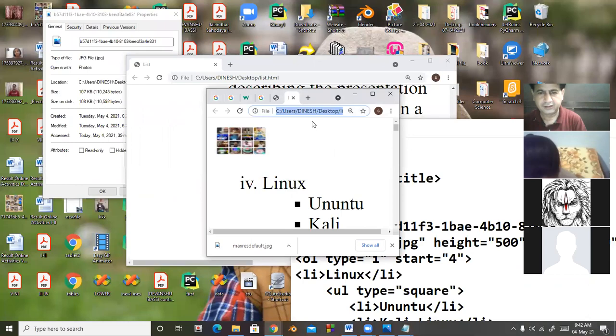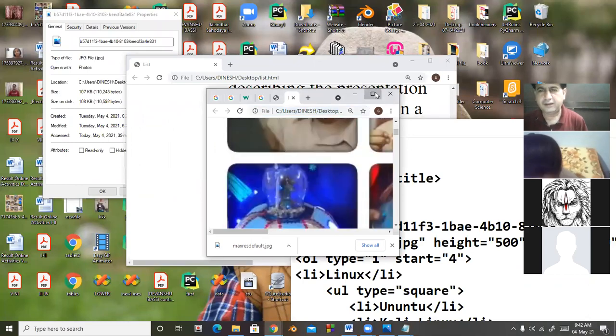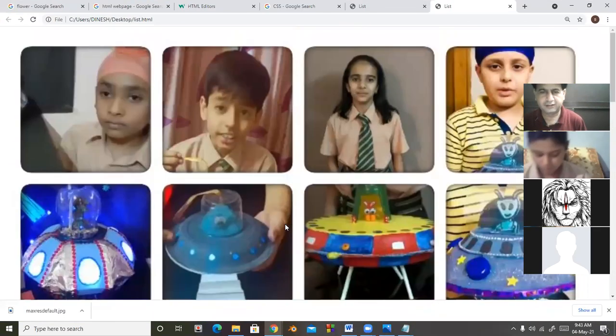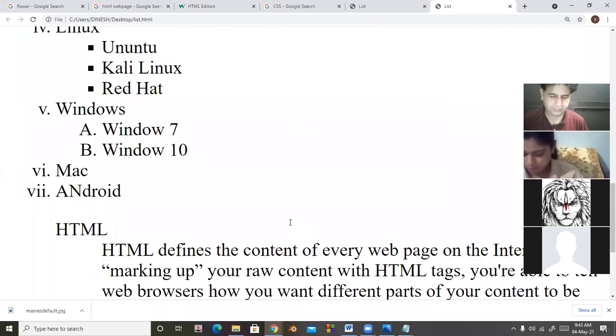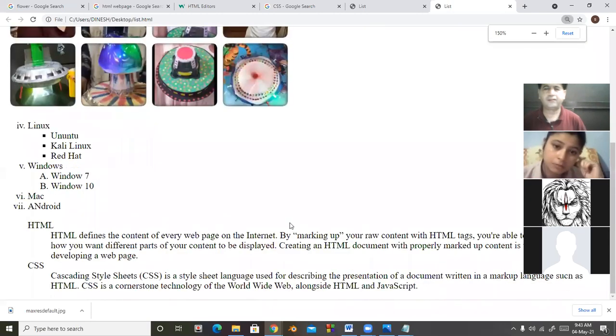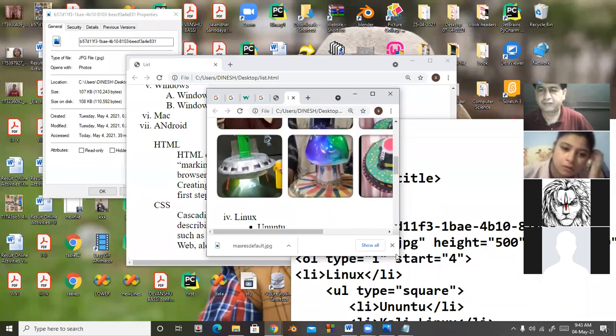Look at here. Now the image is too big. Now, if I decrease the size of the window, it will not decrease the size of the image. It will remain as it is. It is fixed.